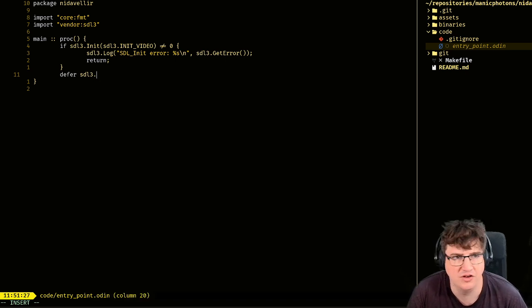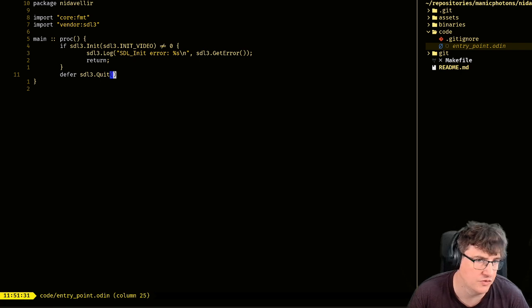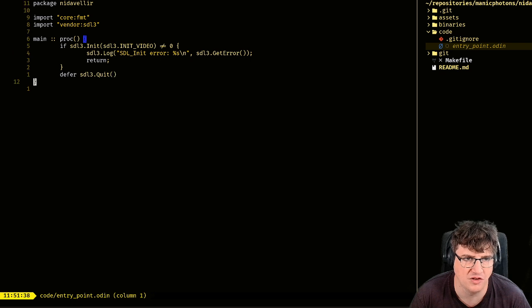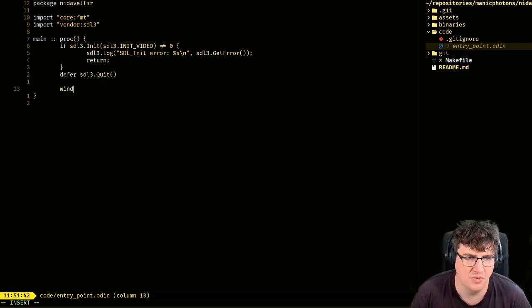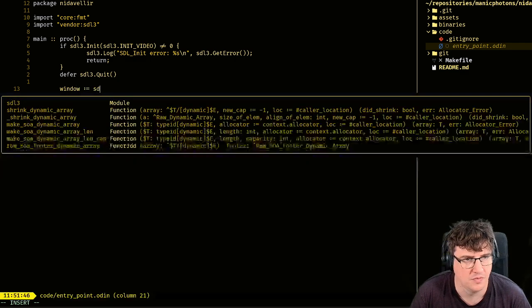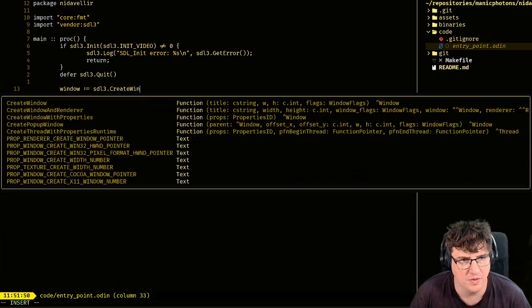At the end of this main proc, I want us to quit SDL because we finished, and quit is the corresponding operation after a successful init. So there we go. Next, we will create a simple window. Create window.